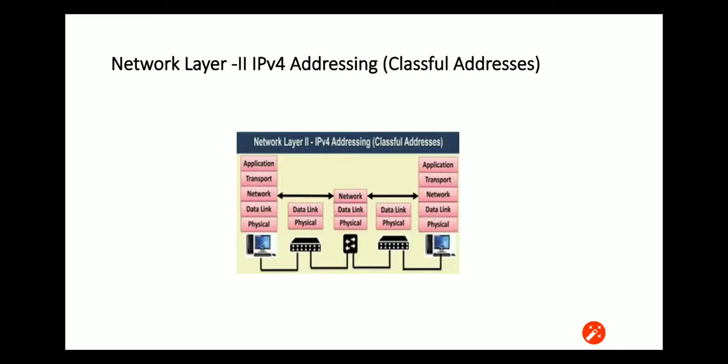An IP address is a numerical label which is assigned to each device connected to a computer network that uses the IP for communications. Here we look into IP version 4. The traditional or initial version of IP was IPv4, and most of the time we still use IPv4.